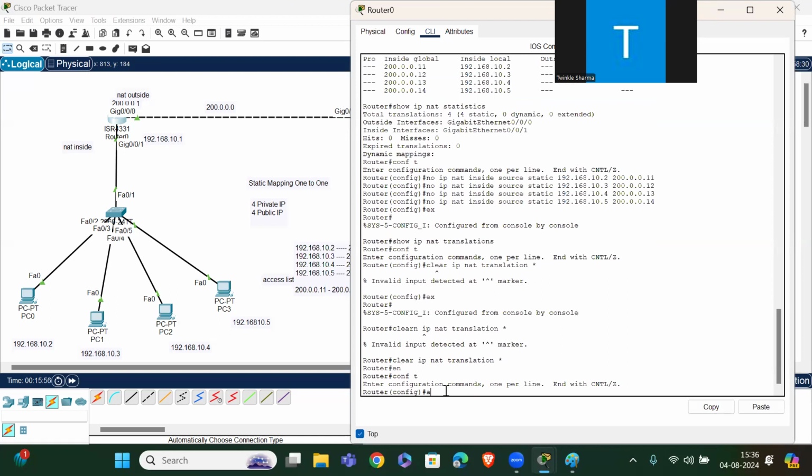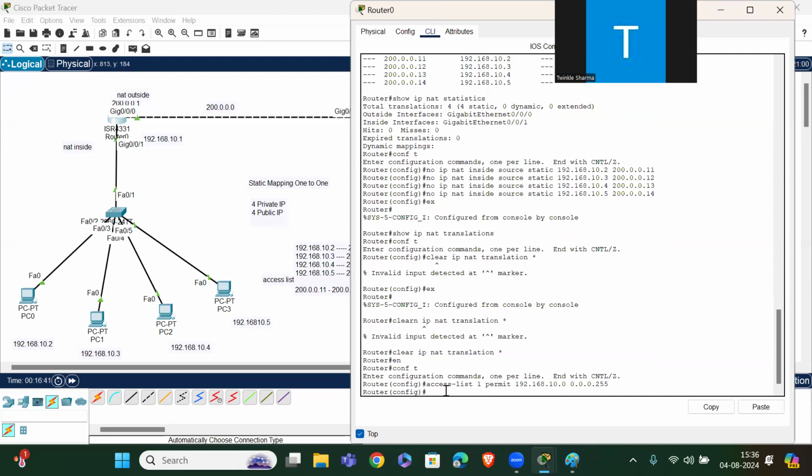Access-list 1 permit 192.168.10.0, that is the network IP, and the wildcard mask 0.0.0.255, because the access list takes the wildcard mask, not the subnet mask.